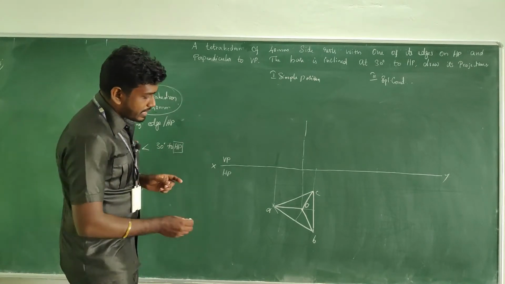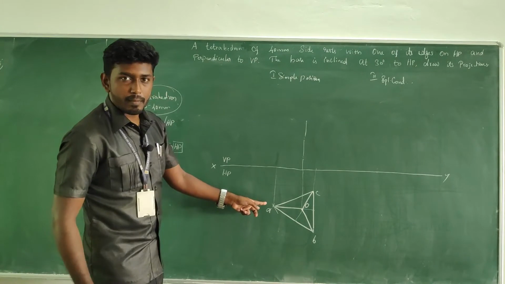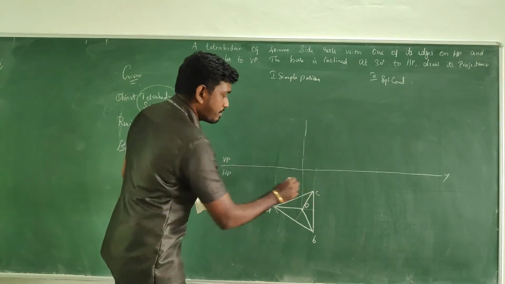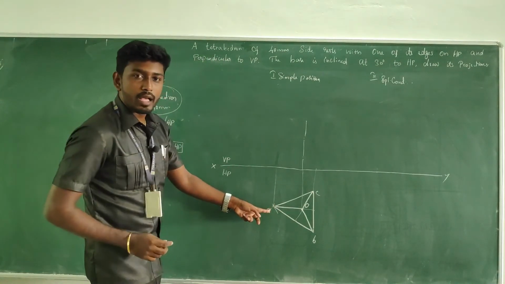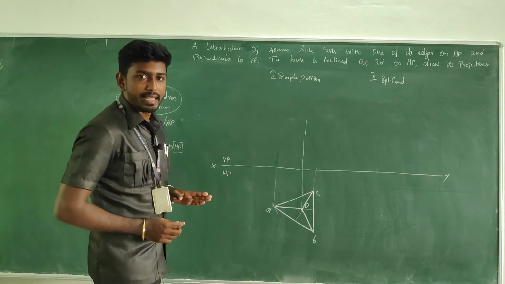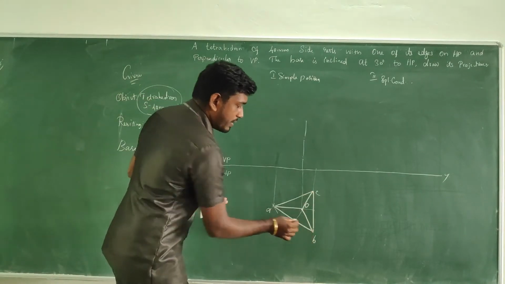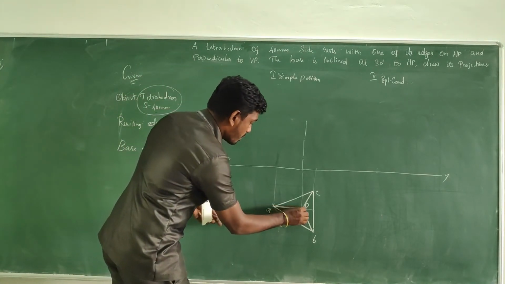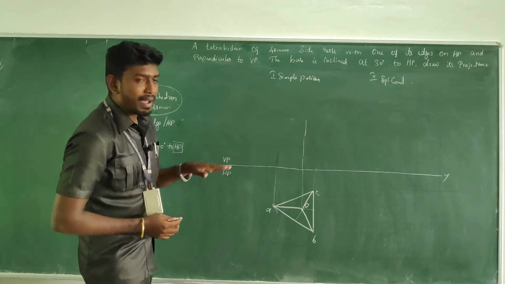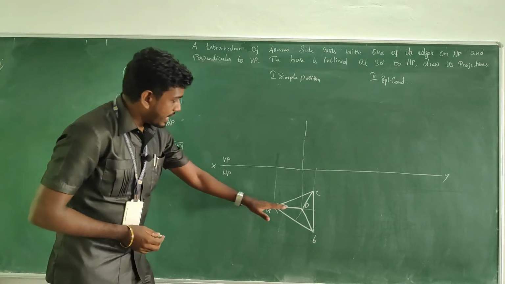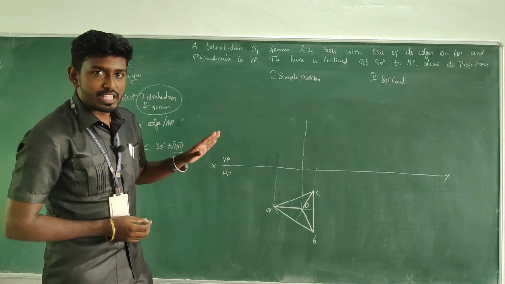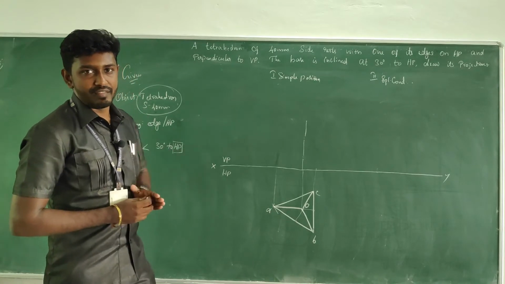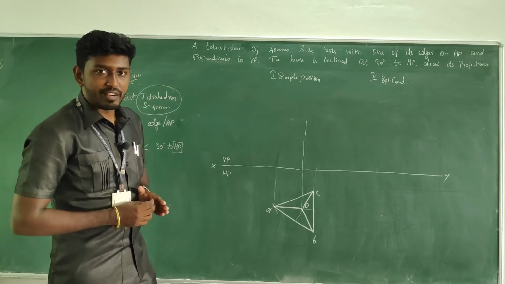Fine. So check A to B, whether it is parallel with VP. No, it is inclined. Check C to B. It is being kept perpendicular. A to C, whether it is parallel, it is also inclined. What about O to C and O to B? They are also inclined. But look at A to O, it is parallel with VP. So this particular edge will show the true length in the front view. It must be conveyed first.